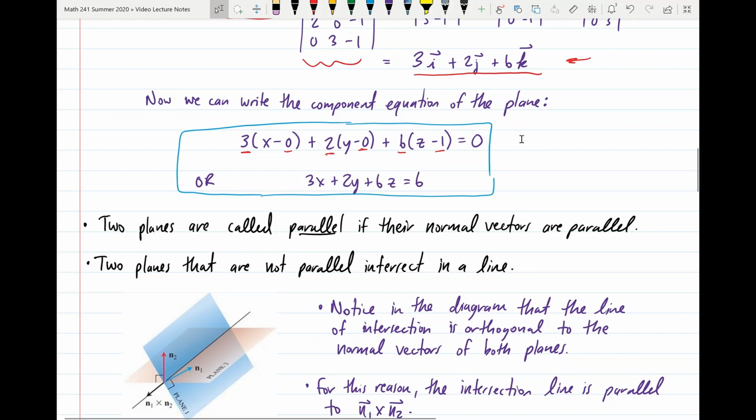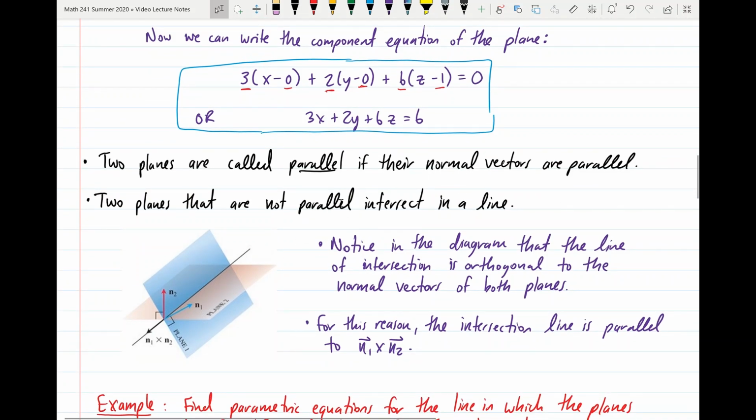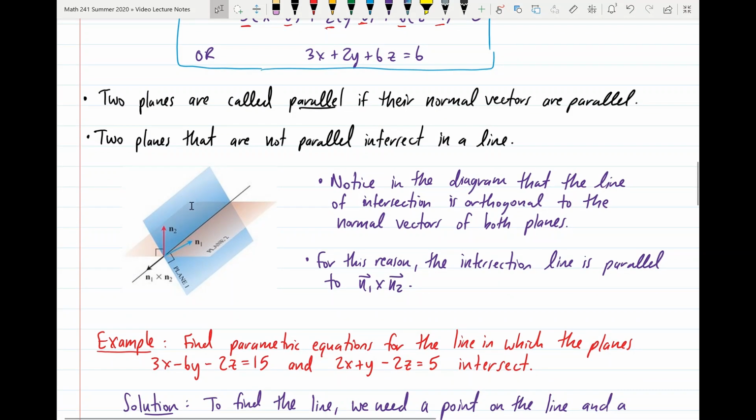Okay, so let's move on to a bit of a different topic now. So 2 planes are going to be called parallel if their normal vectors are parallel. And two planes that are not parallel will always intersect in a line, which you can see in the diagram that I've conveniently taken from the book here. We have a plane that is kind of pink, I guess, and then a blue plane. They are not parallel to one another, and so they intersect, and they intersect at this black line that is